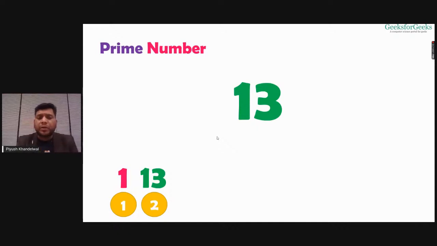And on the basis of that count, I can easily tell, because every non-prime number is going to have more than two factors, right? It is never going to be less. Suppose 16, 1 and 16 will be there, but it will have more than 2 factors, right? So non-prime numbers are going to have more than 2 factors, and prime numbers are going to have only 2 factors. So if we can count the number of factors of any number, and if it is 2, I can say this number is prime, right?